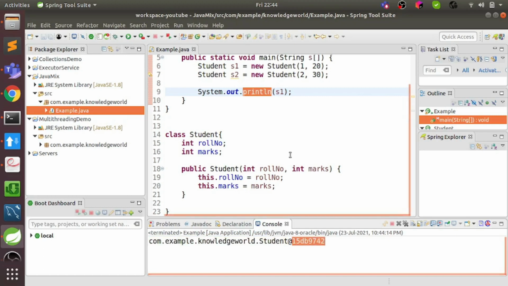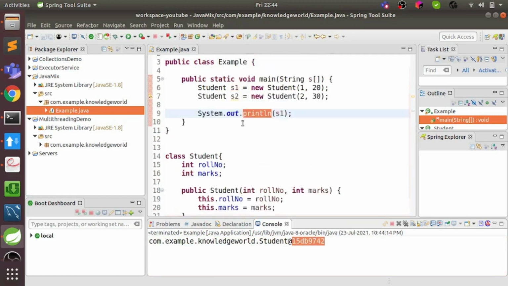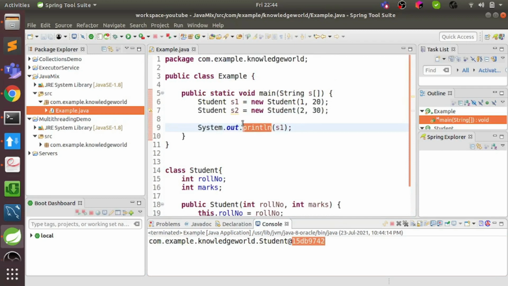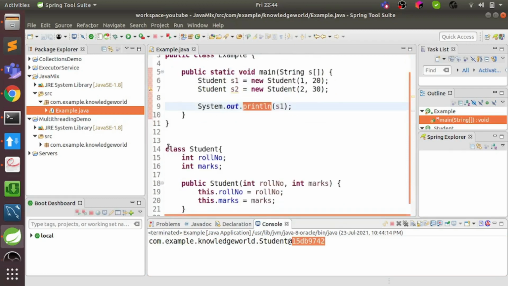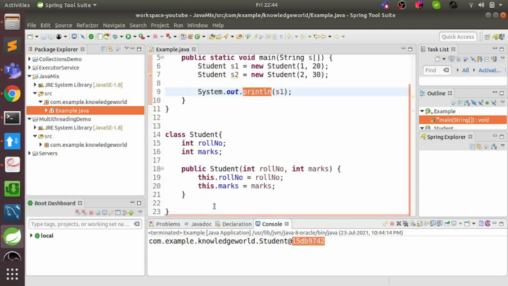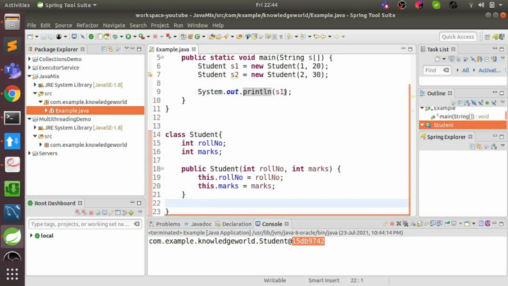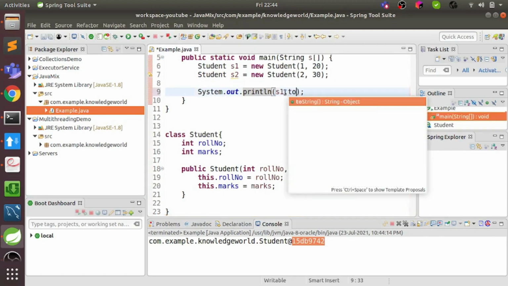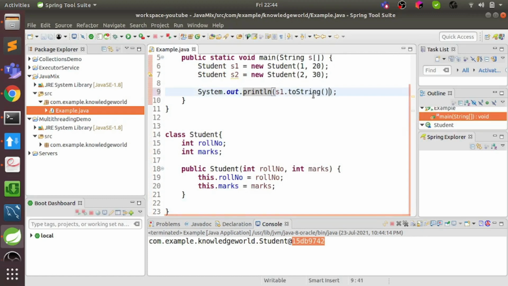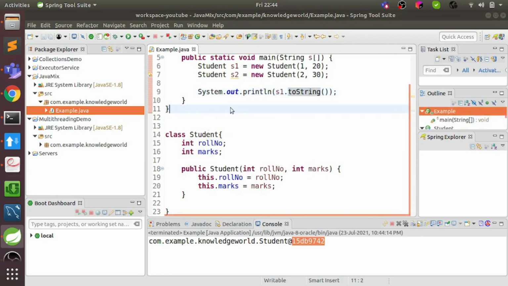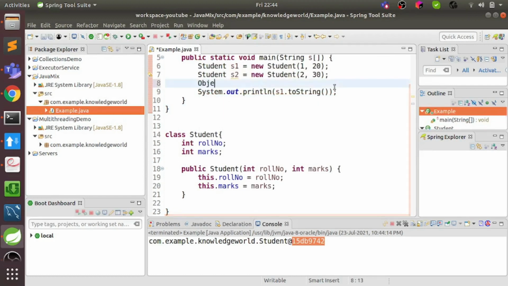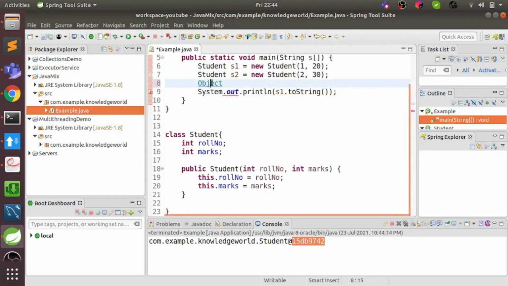First of all, where did this toString function come from? We have created a Student class, but we have not created any toString function. Let's say we just call it here. So where did this function come from? This function came from the Object class. For any class we create, Object is the parent class. So now let's open the Object class and see what it is.